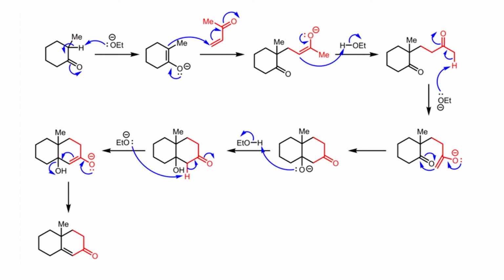And then the enolate can do a conjugate addition, and the conjugate addition is also called a Michael addition. So here is the attack that happens, and it produces the second enolate. Now the second enolate can pick up a proton from ethanol, which is the solvent, to give you back this ketone. The interesting part here is that the ketone can now form this next enolate, and this time it picks up the hydrogen, which is the terminal hydrogen, and ethoxide attacks here and generates this enolate.